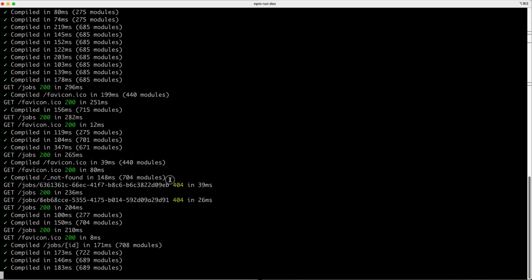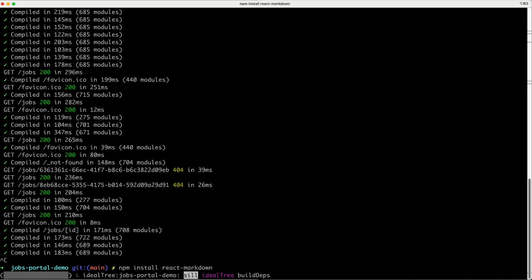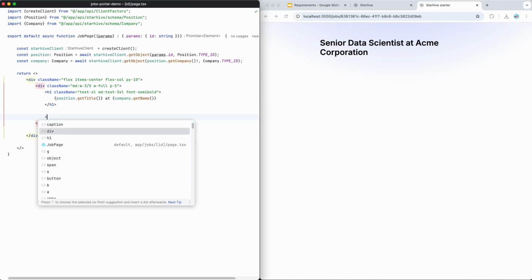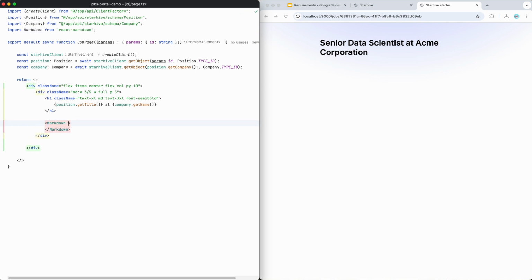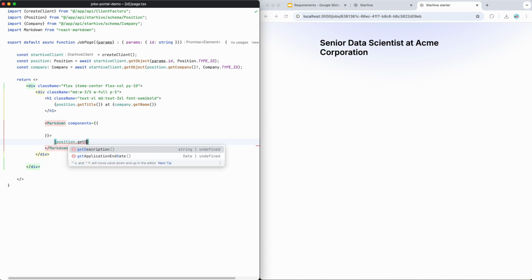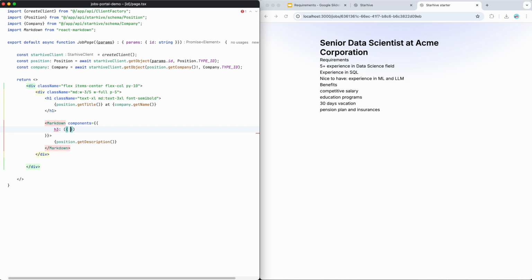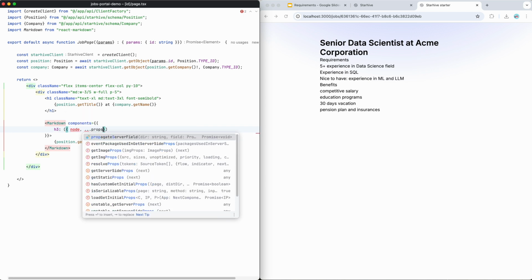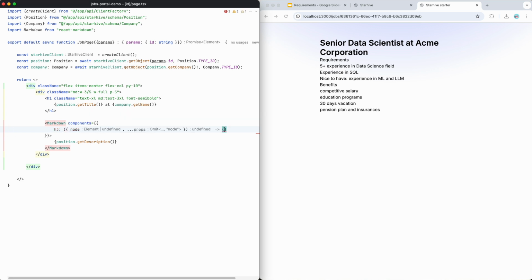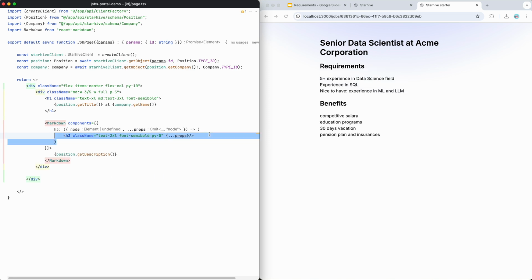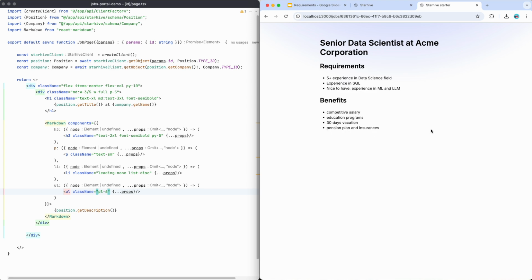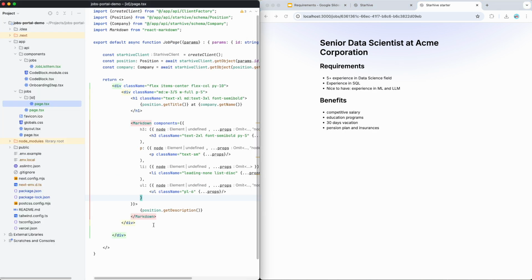The next thing we need to do is to output the job description, which is rich text. The format for rich text attribute is markdown, so we need to install a library that will help us render the markdown in HTML page. After we have installed React Markdown library, we can call Markdown component, and we provide the Markdown content as the children element. We can see that it outputs the text, however it's not formatted according to our input. For example, requirements should be a header and benefits should be a header as well. So in order to do that, we need to provide custom styling for those HTML elements. There we go. After giving some styles, we can see that our job description looks more like an actual rich